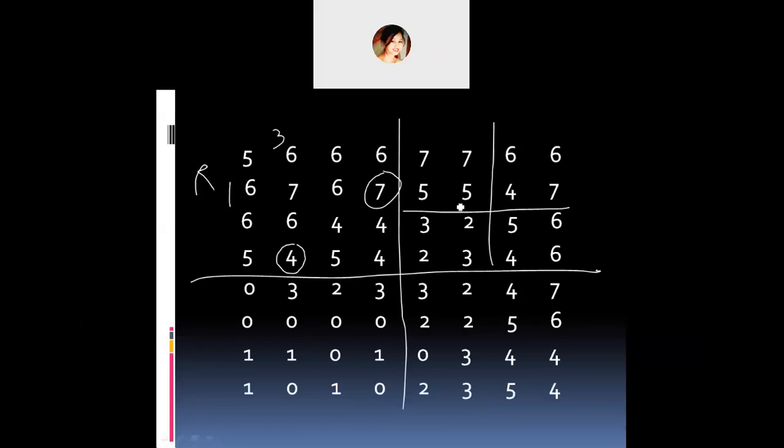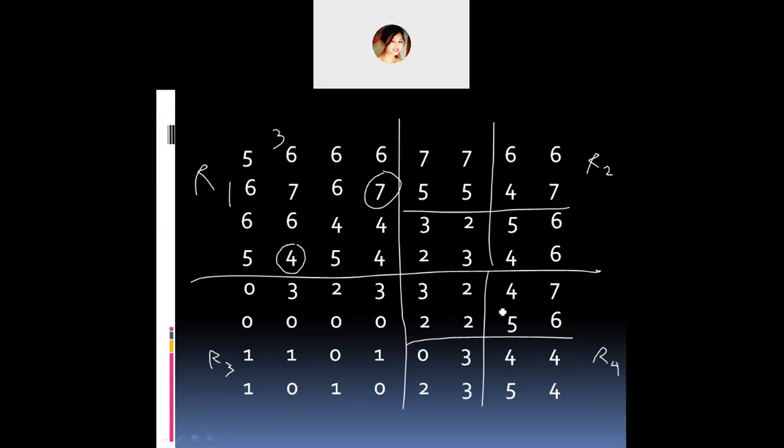Since this region is now satisfying, you have to keep it in this way, and then go to the next quadrant to check. So again, this quadrant R4 was not satisfying, right? So again, split it. So 3 minus 2 is 1, satisfying. 7 minus 4 is 3, satisfying. 3 minus 0 is 3, satisfying. 5 minus 4 is 1, satisfying. So this region is also satisfying after splitting. So no need to split it again.